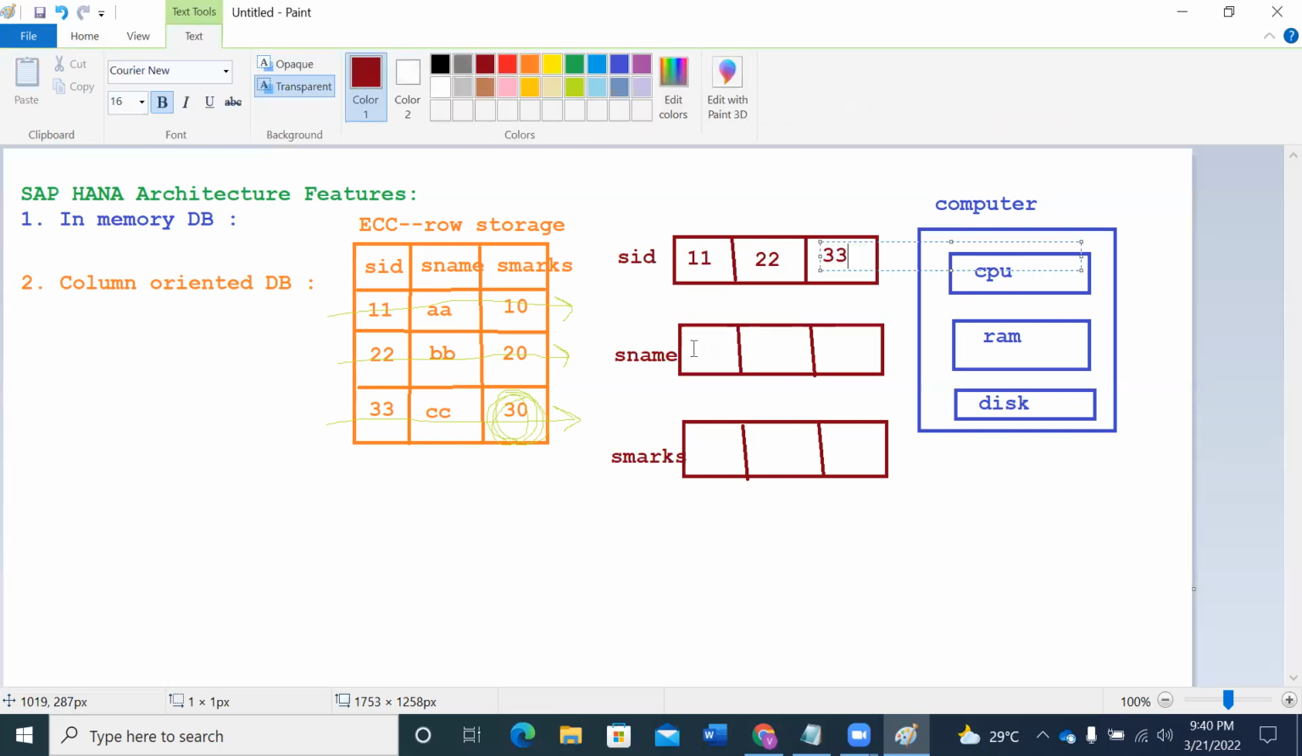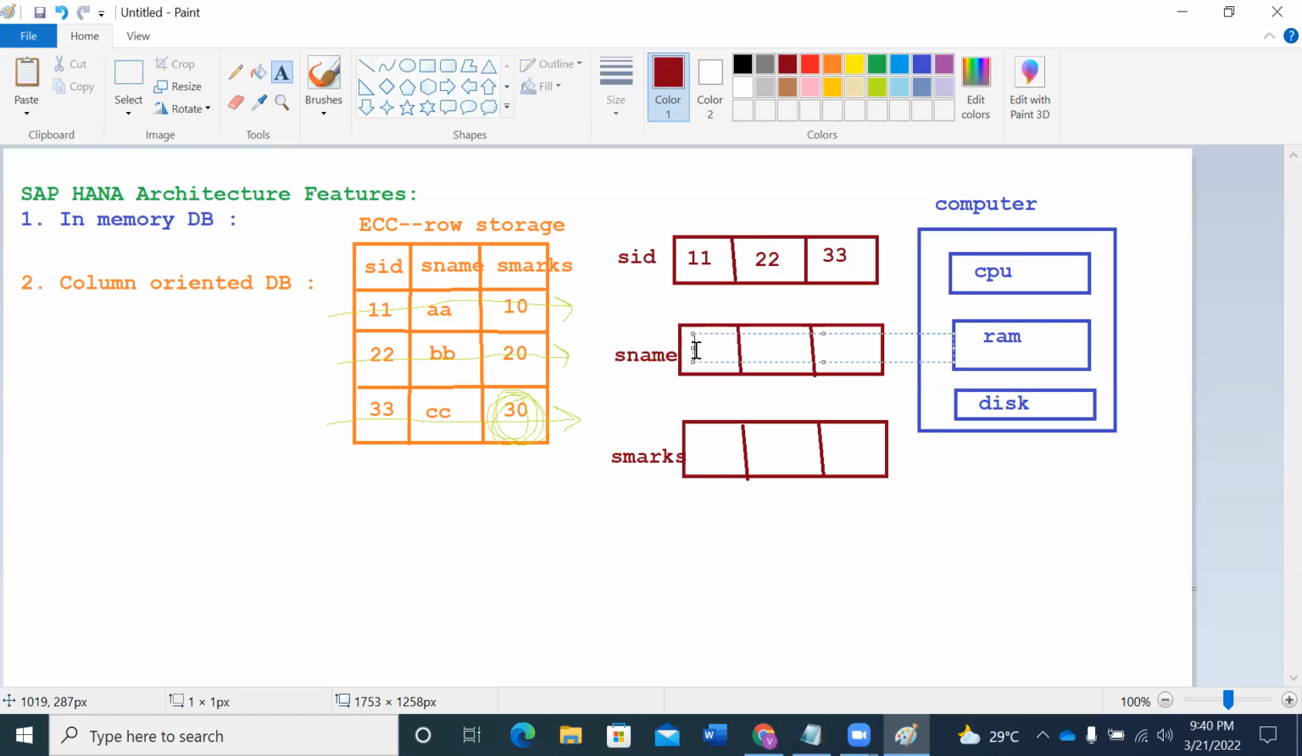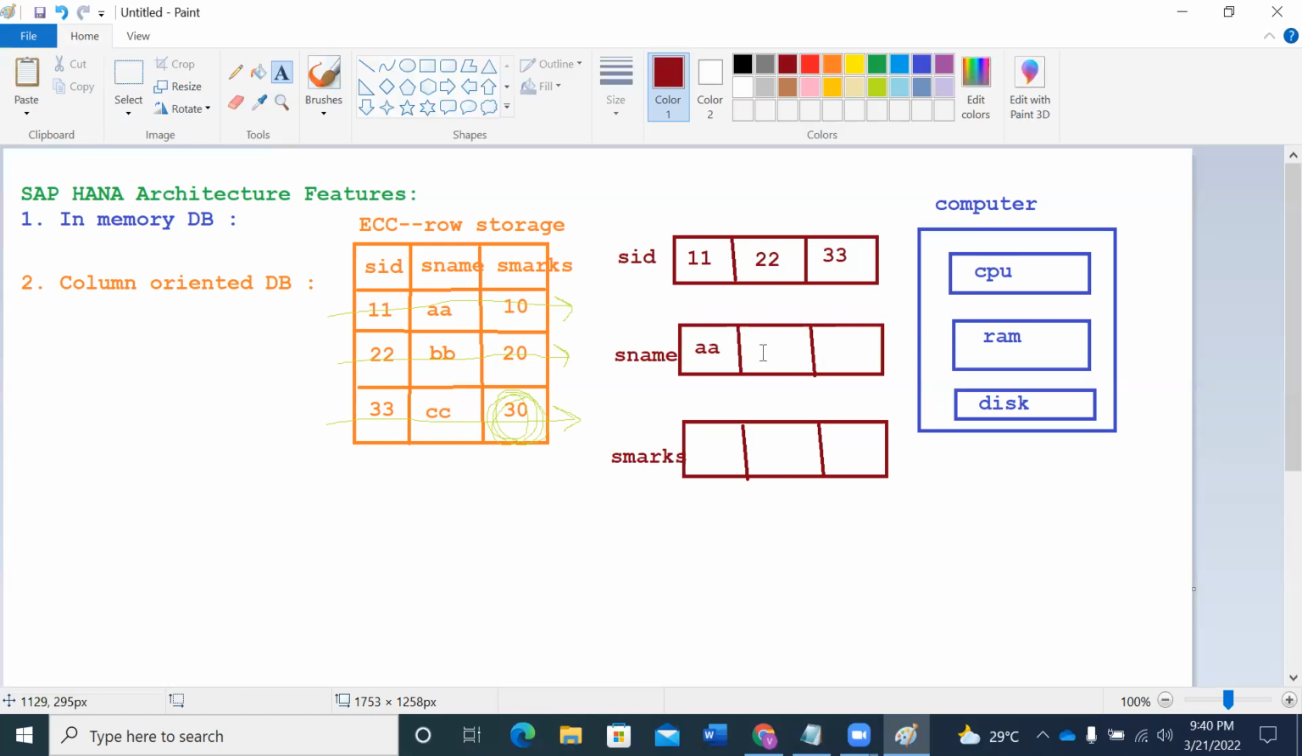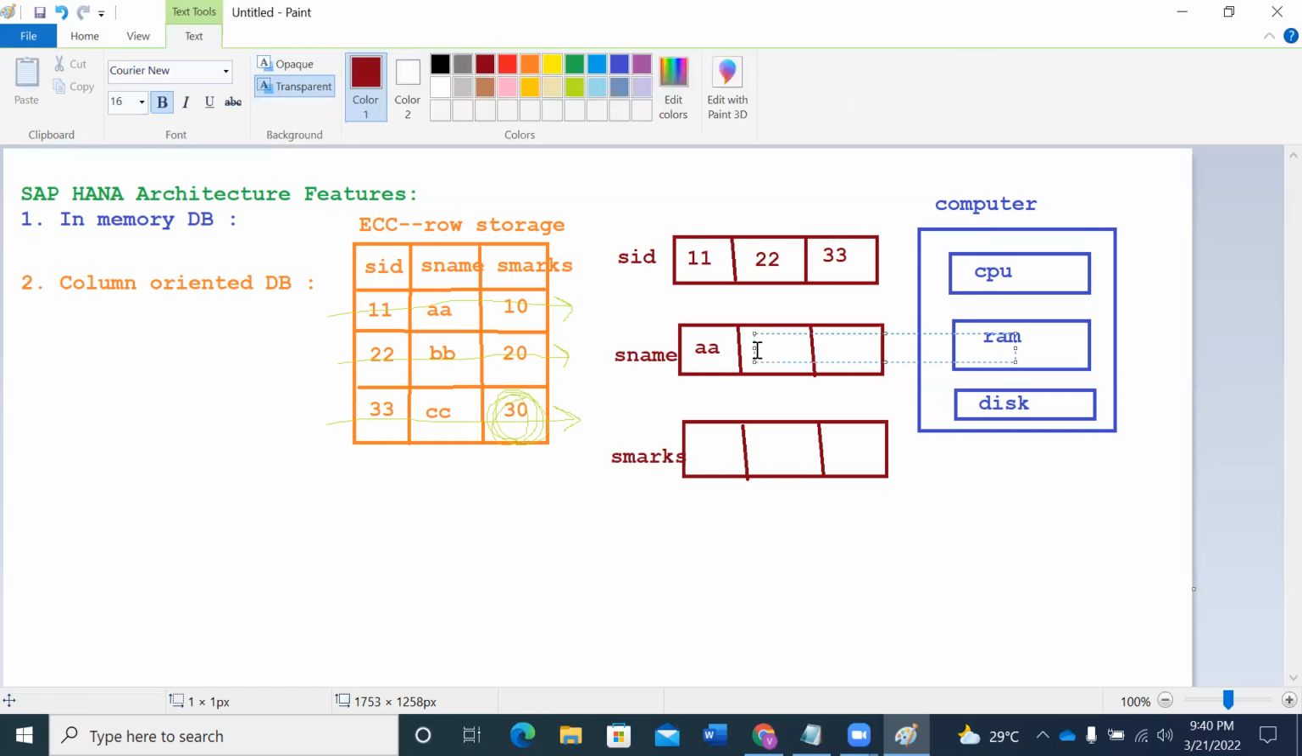And here, for name, it's going to store the data like this. So this is the name, and for marks,